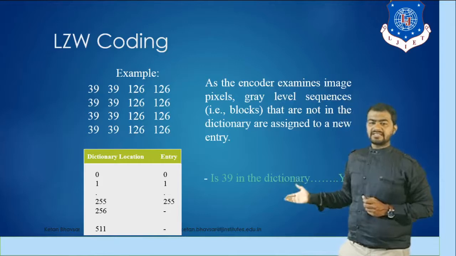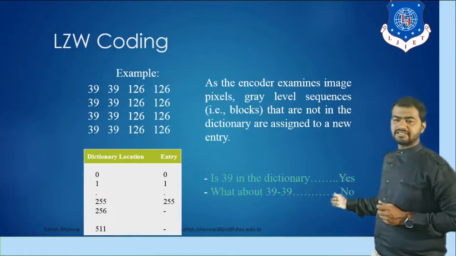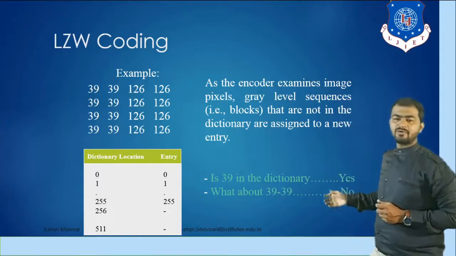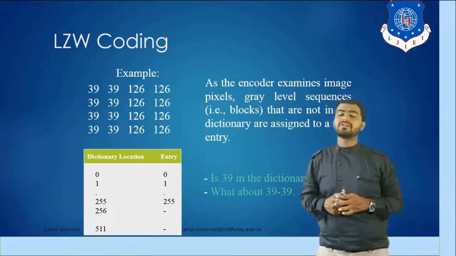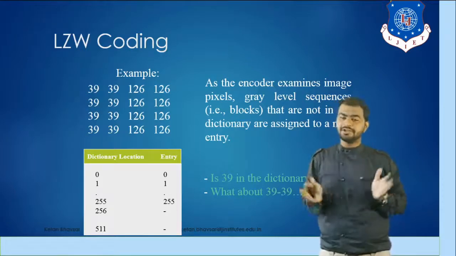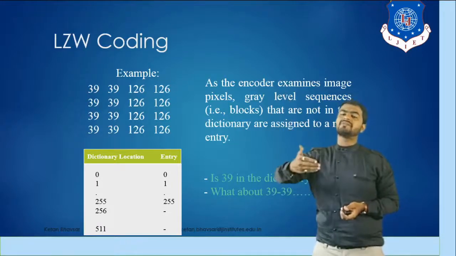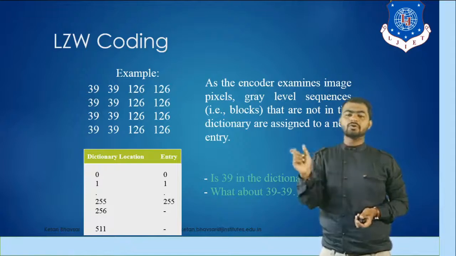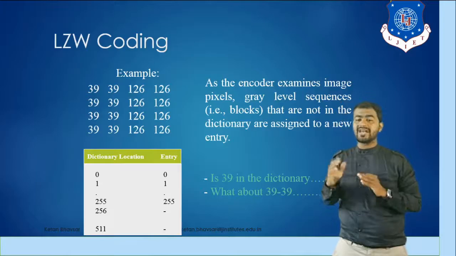So as you can see, the dictionary comes with a value of yes for 39, and for 38 it's a value of no. Whenever we work with the dictionary based concept, you have to add values as per your requirement or as per your application. But make sure that you have a range of 0 to 255 only, and after adding 255, you have to reduce the value, or we have to make a pair of values. Like if you have a range of 0 to 255, then after the 256th value, we have to add the 0 to 1 pair, then 1 to 2, 2 to 3. Make sure that the dictionary intervals or entry is